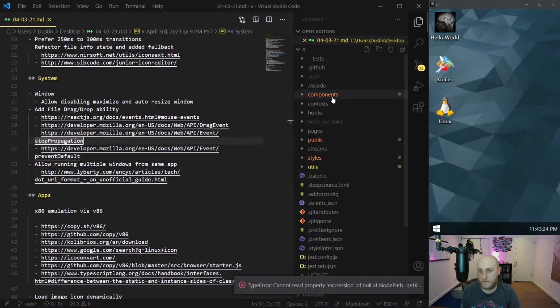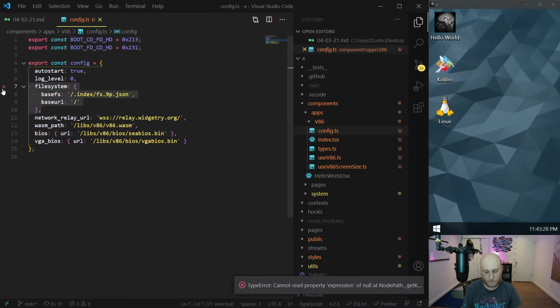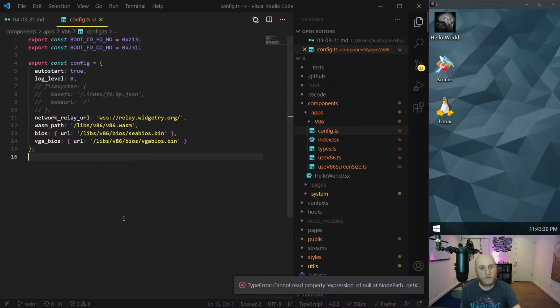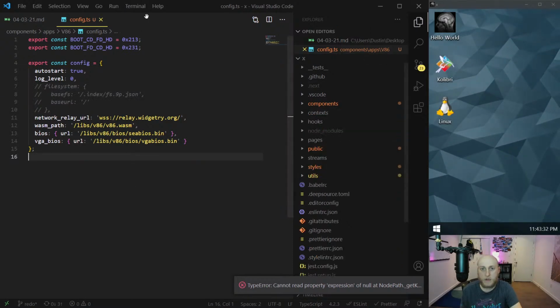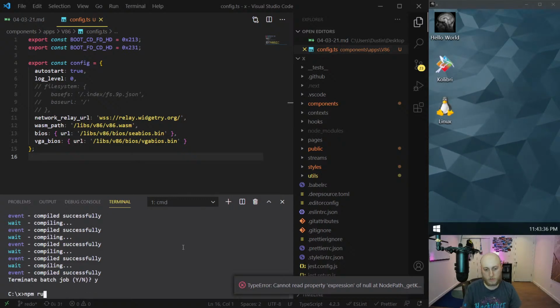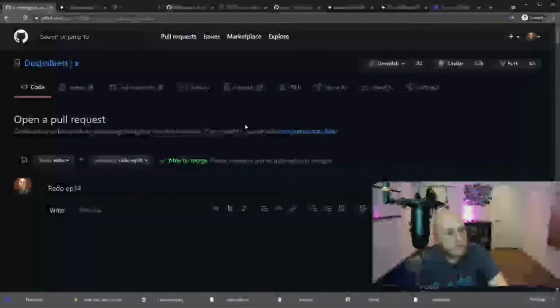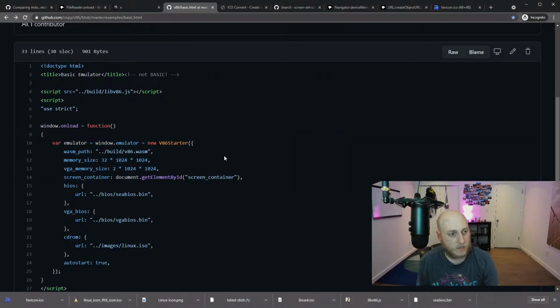So where's my config? Components, apps, v86 config. Here, I'm gonna comment out the file system for now. We don't have that right now. And I'm gonna kill the dev environment, and I'm just gonna make sure build still works. And while that's doing that, I'm gonna show you where we're gonna get into the file system piece,